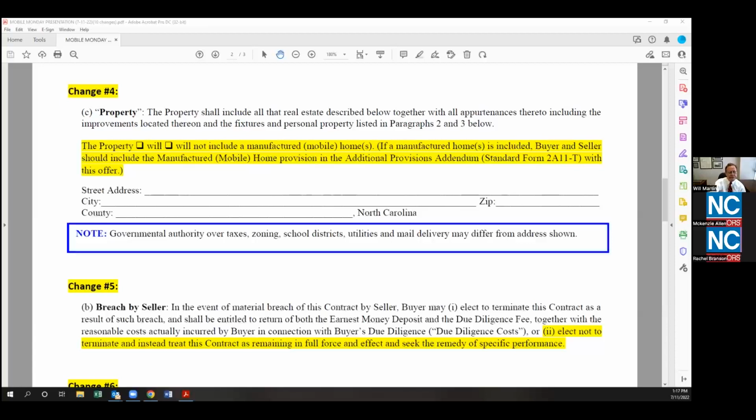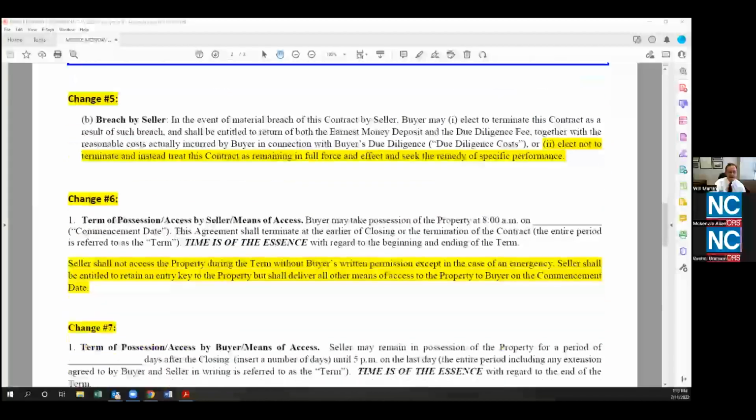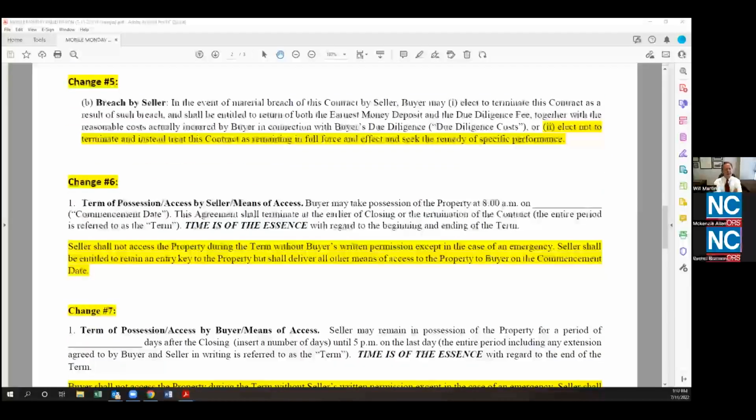All right, fifth change. This is the last change to the offer to purchase. The remedy of specific performance. This is in paragraph 23B. In the new version of the offer to purchase, the buyer's right to sue for specific performance is specifically stated in paragraph 23. I don't think this is a substantive change from the previous version of the contract, because in the previous version,